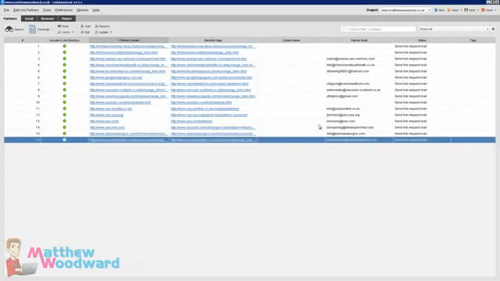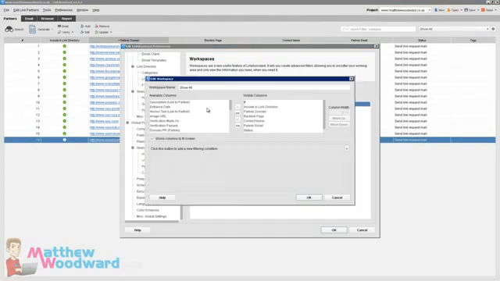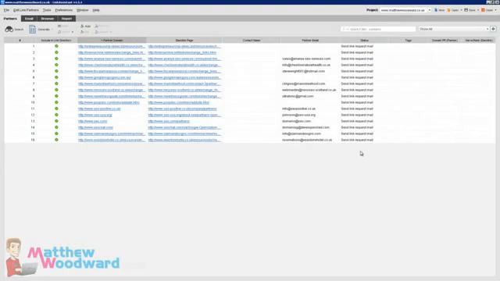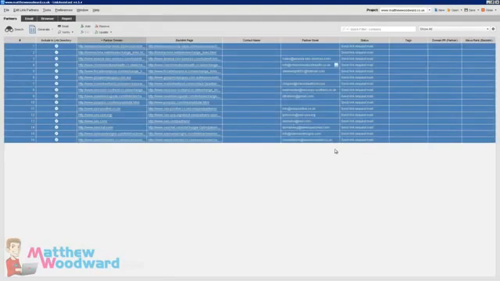So here you can see we've got lots of potential partners, and we can include some additional information here by editing the report, such as we can find out the domain page rank, the Alexa rank, possibly if we wanted to get traffic from our links as well, so we can add Alexa rank in there. Click on OK, OK again, and to get that information we need to click on update